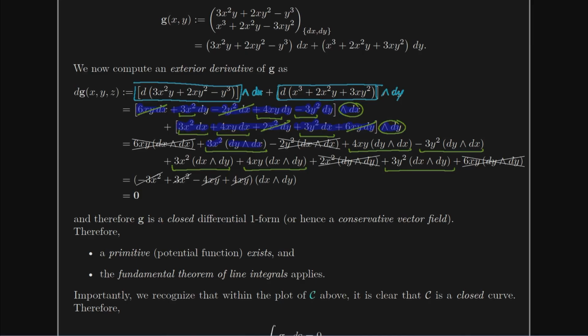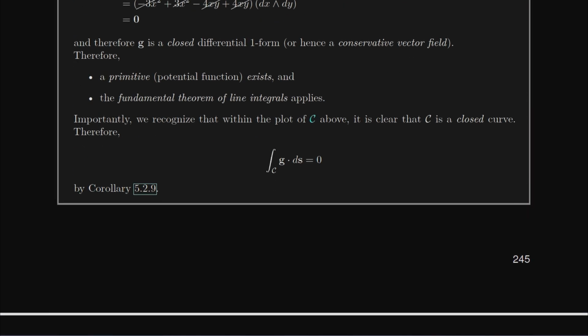3x squared. If I swap that around, it makes it negative, canceling with this 3x squared. They go away. Here I've got a 4xy, dx dy. That's going to end up canceling with the 4xy, dy dx, so those are gone. And even though I didn't write it below, I have a 3y squared, dx dy, and then 3y squared dy dx. Those are going to cancel. And so the output here is just 0, meaning I have a closed differential one form, everything I wanted,